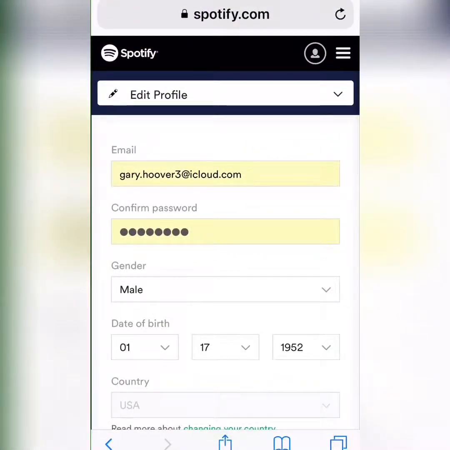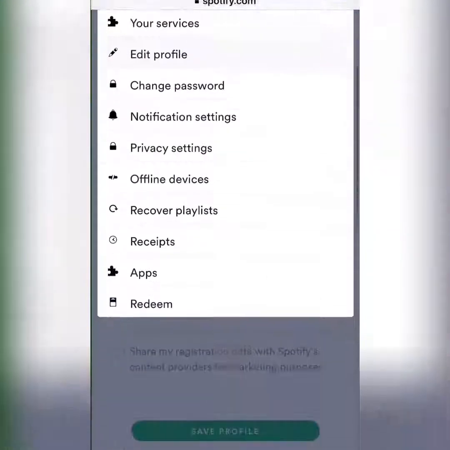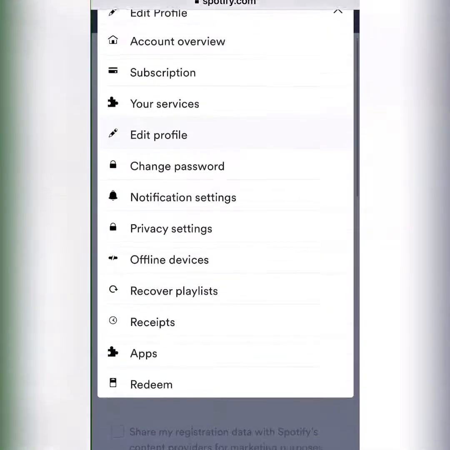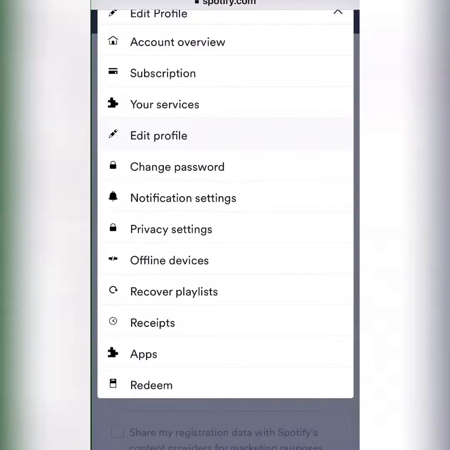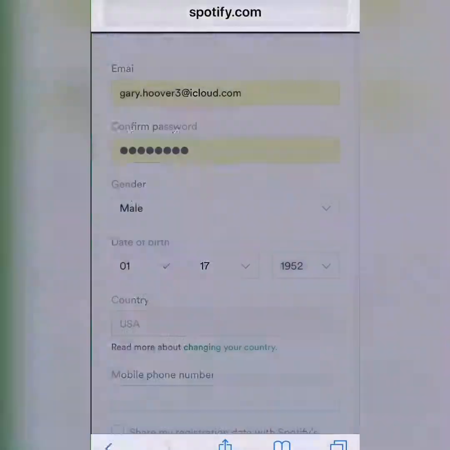And then it comes up with Edit Profile. And on the right you see a downward arrow. You would press that, and it lists all the things on there now. You go down to Apps. Now sometimes this works and sometimes it doesn't. You may have to go back and do it. So let's go into our apps,